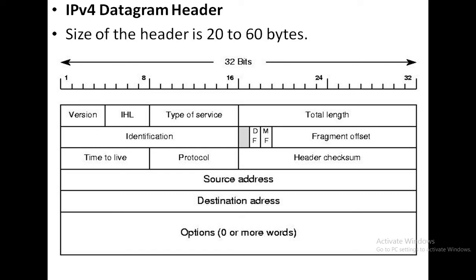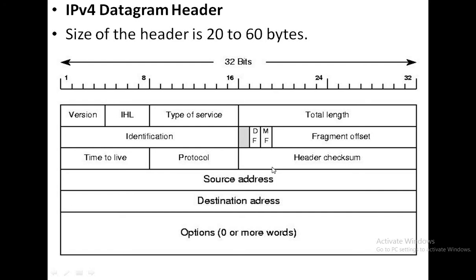That means when the header moves from one location to another, or one router to another, the header checksum changes each and every time, and it does not contain the data, it only contains the header information. That's why when it reaches another system in the network, it should change from time to time. Okay, so this is the header checksum.